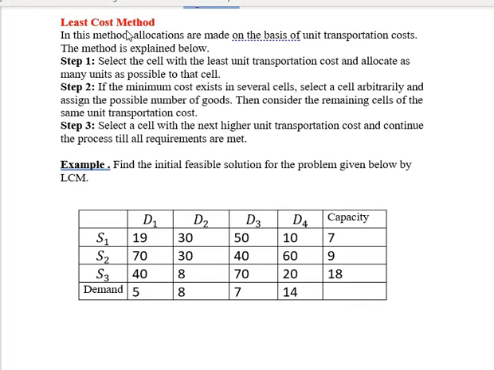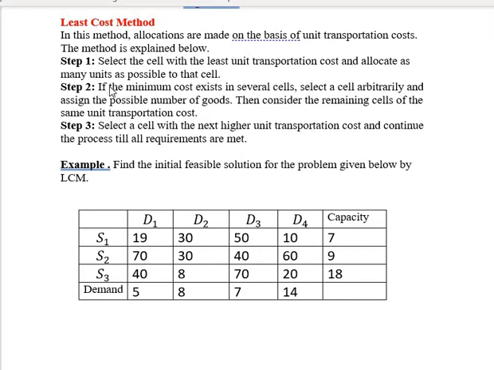Next method is least cost method. In this method, allocations are made on the basis of unit transportation costs. The method is explained below. Step 1. Select the cell with the least unit transportation cost and allocate as many units as possible to that